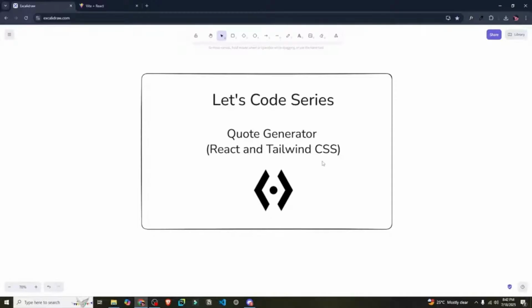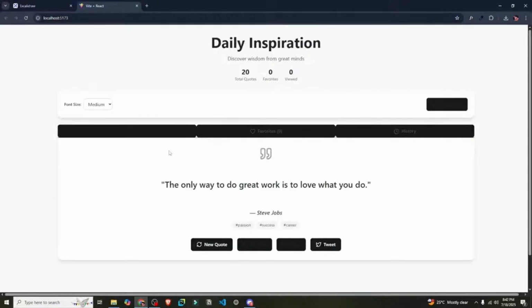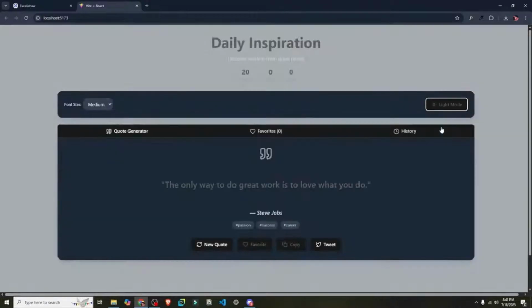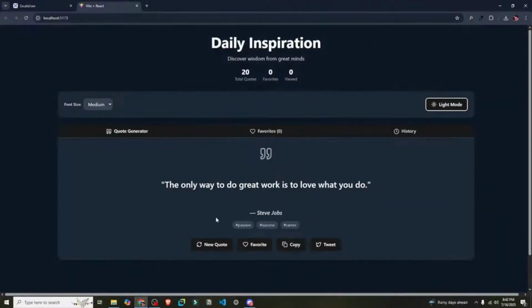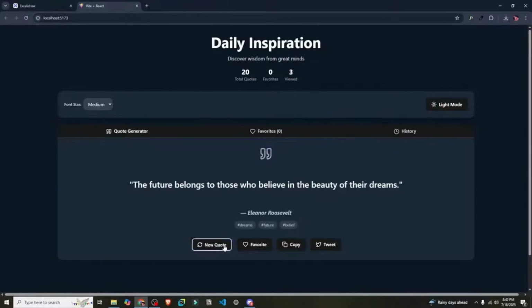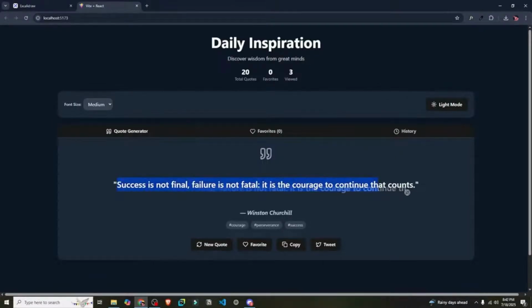So by the end of this series, so either 2 or 3 lives later, you'll have something like this. Now it is not really visible right now because some of the coloring is not right, and we'll correct this later. But it is essentially this. It's really visible and it looks nice in dark mode. Now it's basically a quote generator where we can store our quotes inside of a storing system or an array, and then we can see how many we have viewed and how many we have favorited. So each time we click on new quote, it randomly generates a new quote that we have stored somewhere in our code, and it also gives the author of the